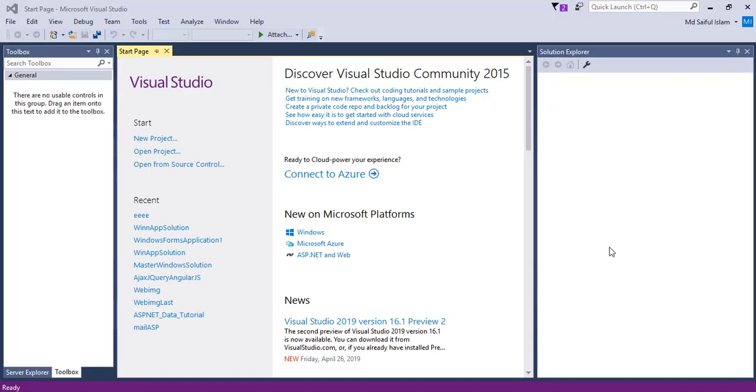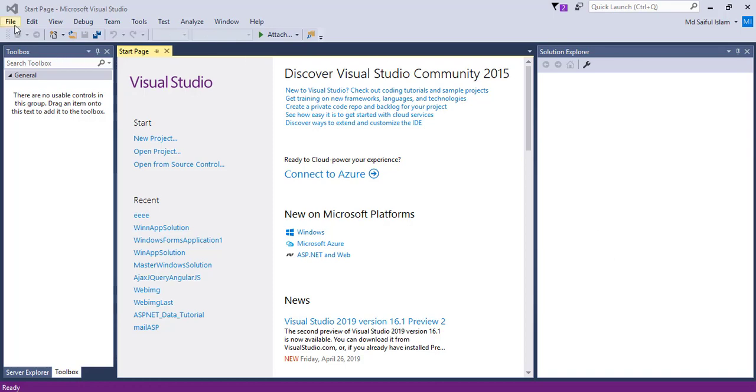Welcome to IT Solution. In this video, I will show some useful Windows form properties: how to set the default runtime position, how to change the form icon, how to change the form title, how to change the background color, how to set a background image and its layout, and how to disable the minimize and maximize buttons. Stay with us.